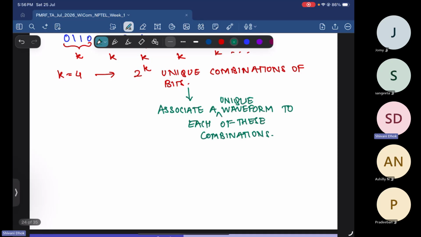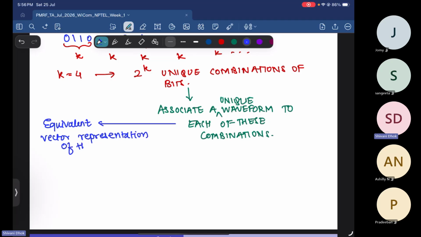Each of these waveforms is a continuous time waveform, but you can get an equivalent vector representation of it. So if I have 2 to the power k possibilities, that is M equal to 2 to the power k possibilities,